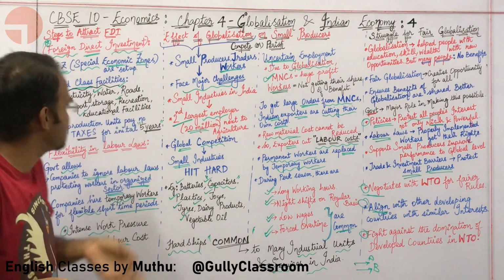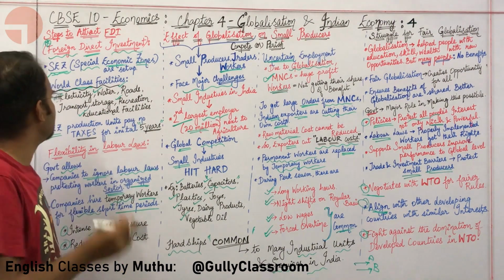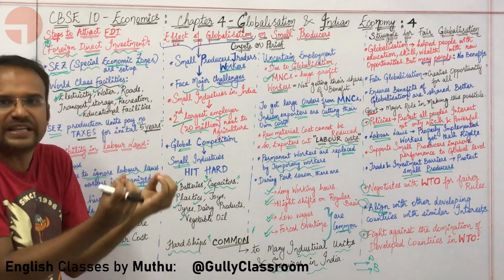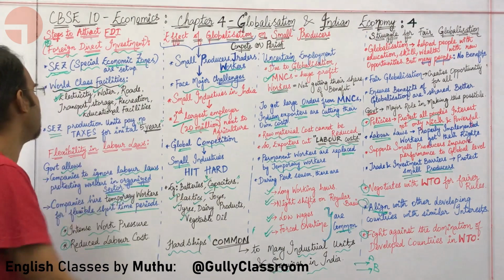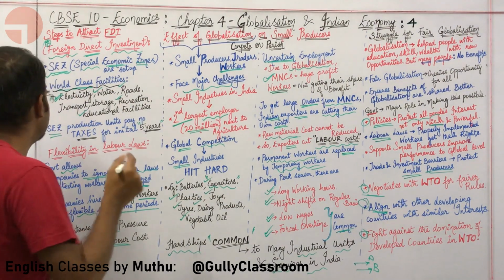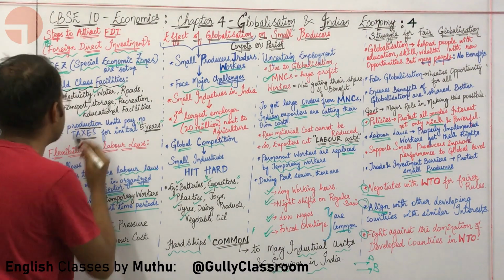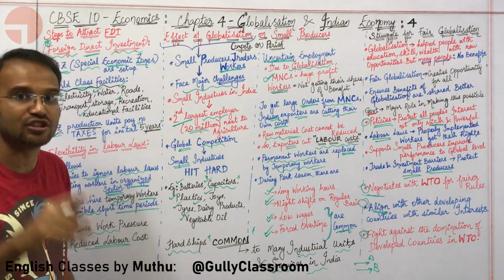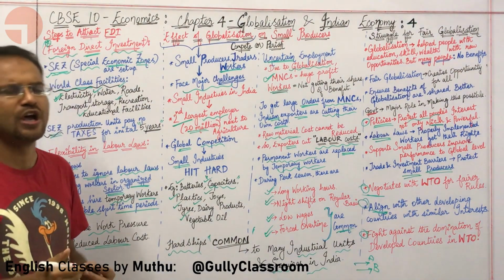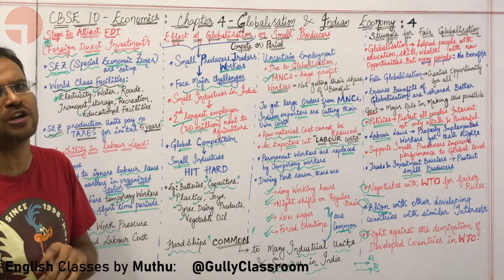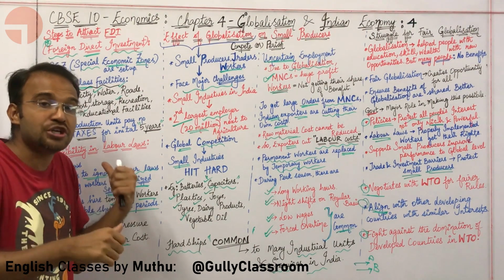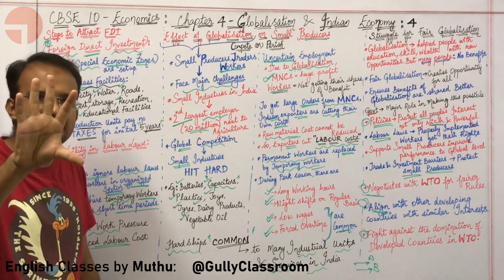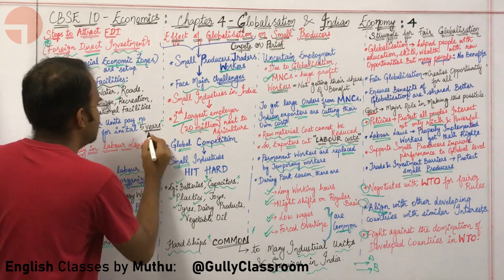That particular SEZ will have world-class facilities of roads, transport, water, and anything that is needed for the working of a company. In fact, when you are doing production in a SEZ, production units need not pay taxes for the initial 5 years. For how many years do they not pay taxes? A production unit manufacturing in SEZ need not pay taxes for the initial 5 years.